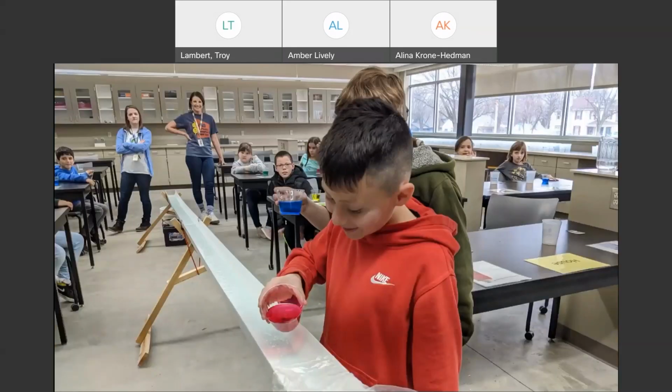We also hold educational events. This is the 2020 Water Festival, and that is where fourth graders come to learn all about water, water conservation, water quality. This is an activity that Troy and I actually were doing with students to teach them about non-point source pollution. This gutter is the river, of course, and it's a really cool activity that the kids love.